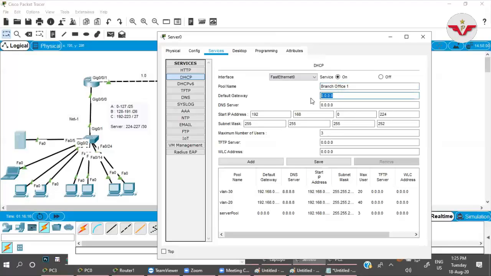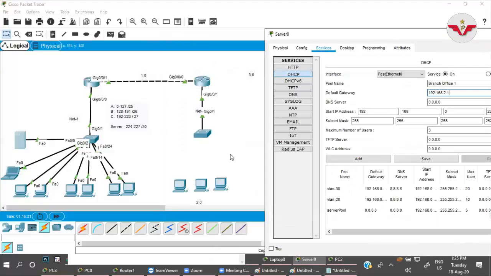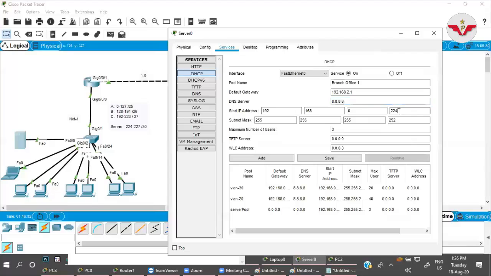The default gateway for these networks would be 192.168.2.1. The DNS server is 8.8.8.8. I want to reserve IPs till 10, so the start IP will be 192.168.2.11, and the maximum number I want is 200 hosts in that network.